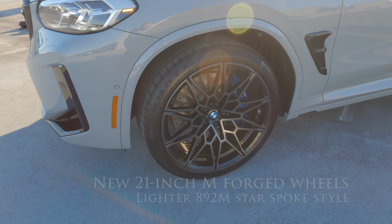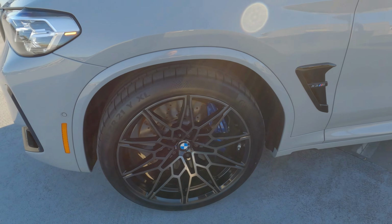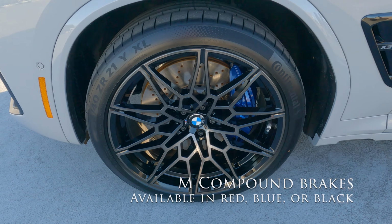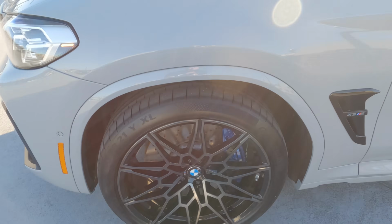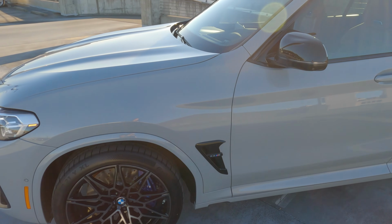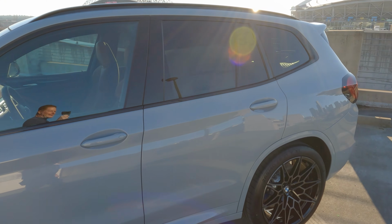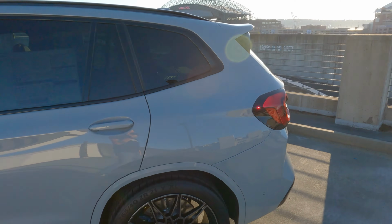They look great. You also can see the M brakes behind them as well, and you actually have a choice of colors there as you go through these, and red, blue, and black are very common. Adaptive suspension as always, and we'll talk about that a little bit when we get into the interior. We look down the side, but let's go ahead and take a look at the rear, where again, you're going